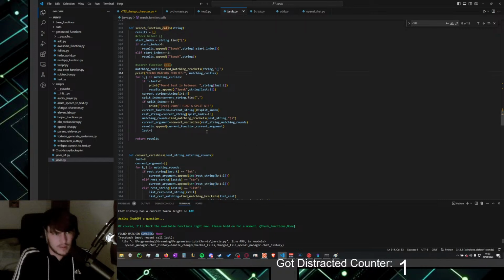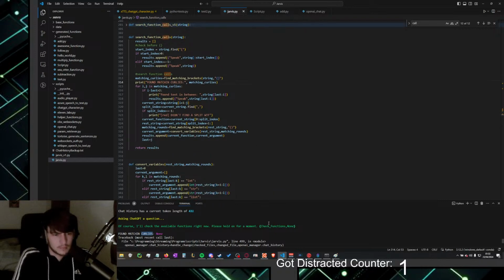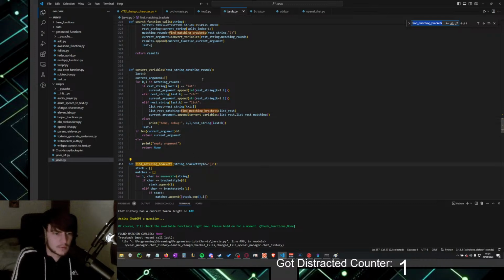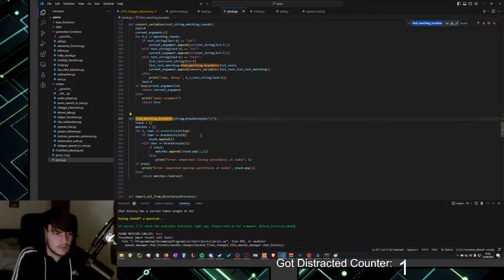Found matching curlies, we didn't find any, but we do have some. Not great. So the find matching brackets thing doesn't work with the curlies apparently.